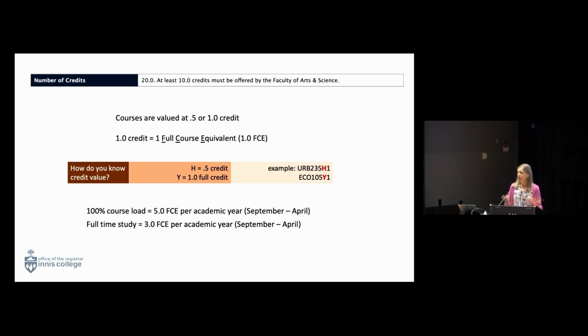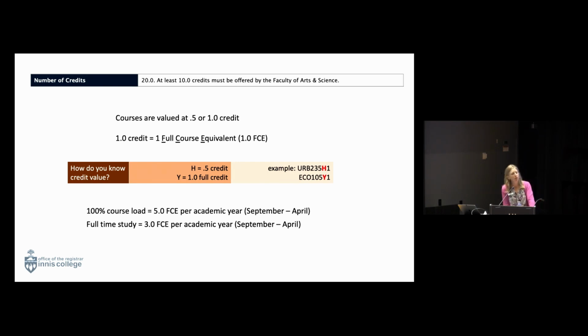Often, students come in with the idea that they can finish their degree in 4 years. If that's the case, then during the fall-winter session, you should plan to take 5 credits per year. That's considered 100% enrolled. You don't have to. You could take fewer than 5 credits. To be considered full-time is taking just 3 credits. Honestly, you could take a half a credit a year for 40 years if you wanted to earn your degree. I'm not sure the parents in the room would agree, but you could. There's no minimum number of credits that you're required to take, and there's no length of time that the university places a restriction on you for.